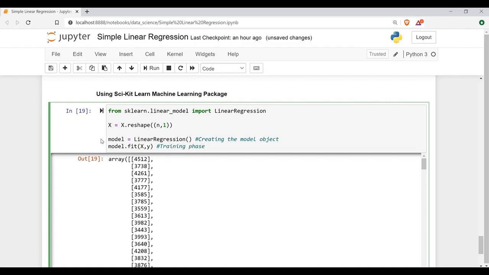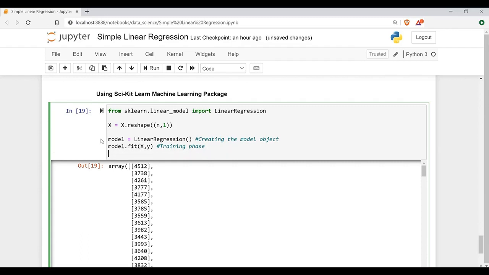So in this it will try to find out B0 and B1. It will use that equation and solve the linear regression in fit. Whenever we use fit in the machine learning scikit-learn package, it will try to train, or find out the required function to map our x and y. As we already know, in supervised learning we are mapping x and y. So here it will find the function values to map our x and y, and once we find that, this will fit our model.